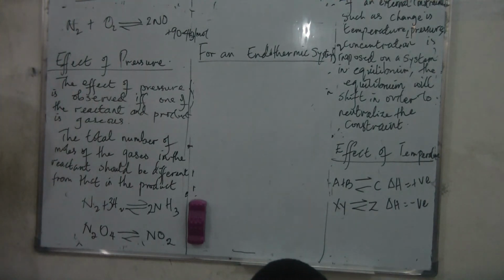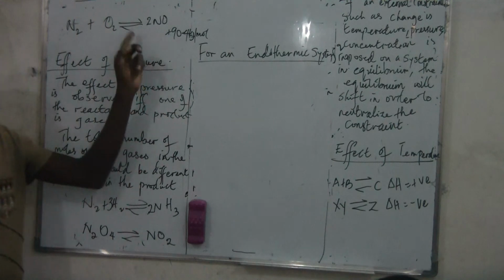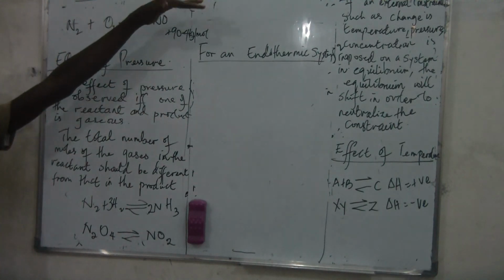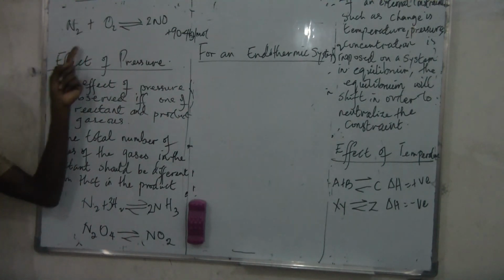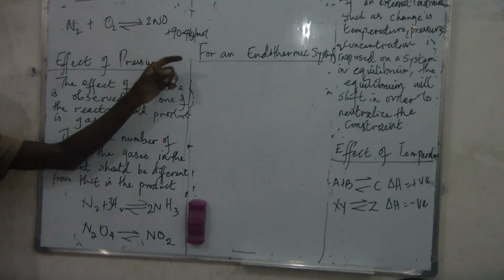Do you understand that? I will recap that. I said for an endothermic system, when there is a net increase in the amount of energy, an increase in temperature favors the forward reaction, since the forward reaction is